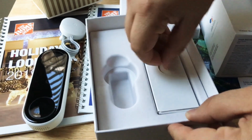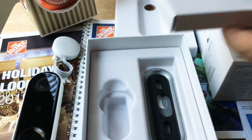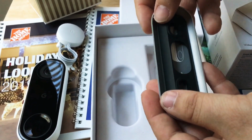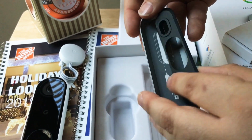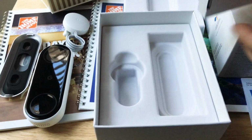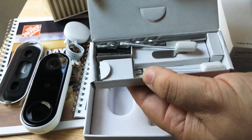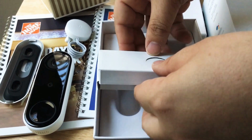And then you have a little bit of a toolkit that they supply as well right there, and then the back plate pieces right here, so in case you have an angle you can get it installed as well. So those are back plate pieces, and inside of here are all your little pieces to get everything sorted. So this is the Google Nest Hello,